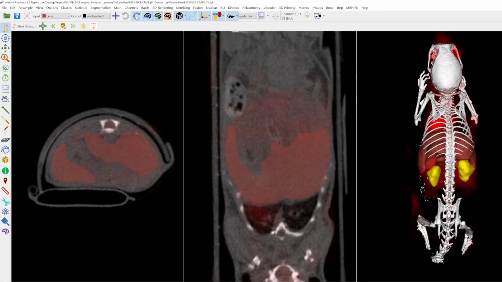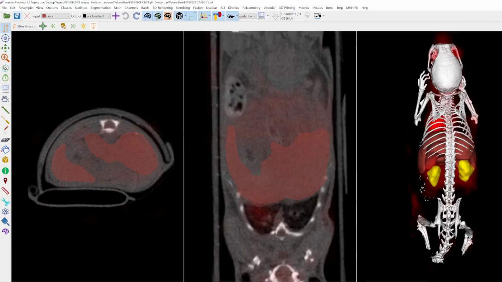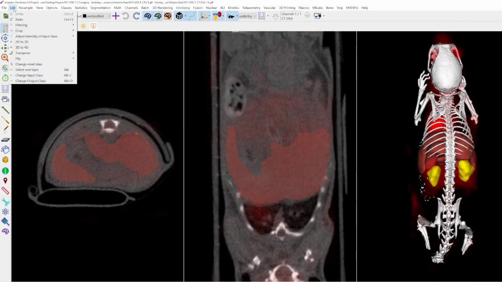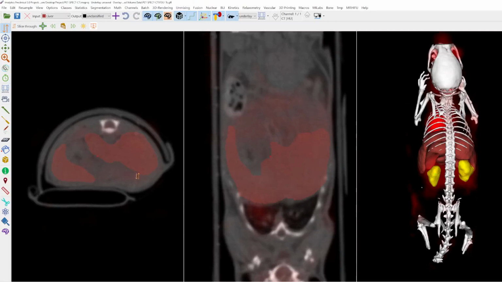You can also redo segmentations or operations you undid. So the software is very useful or smart, because you can try something out and just undo it if it wasn't the right operation. As I mentioned, this undo and redo works not only on the segmentation operations but also on the image operations. For example, when you perform a filtering or smoothing under edit, filtering, Gauss filter with 1, now the image gets a little bit blurry, and I can also undo this.